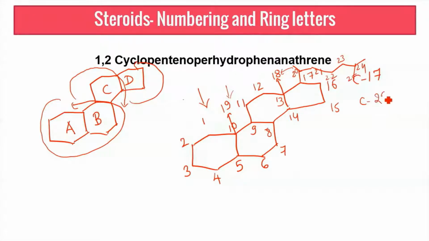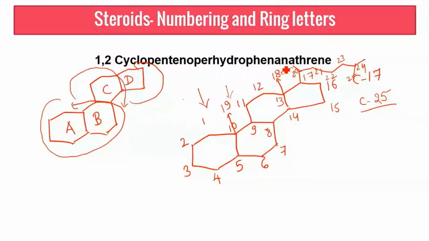So now if I want to discuss cholesterol, I would call it a C25 steroid. I think you are all familiar with the structure of cholesterol, and that is why I've included the side chain. There are a few other groups on these rings as well. We'll come to the structure later. For now, remember the side chains start getting numbered after this 19, and that too specifically when they are on this carbon.